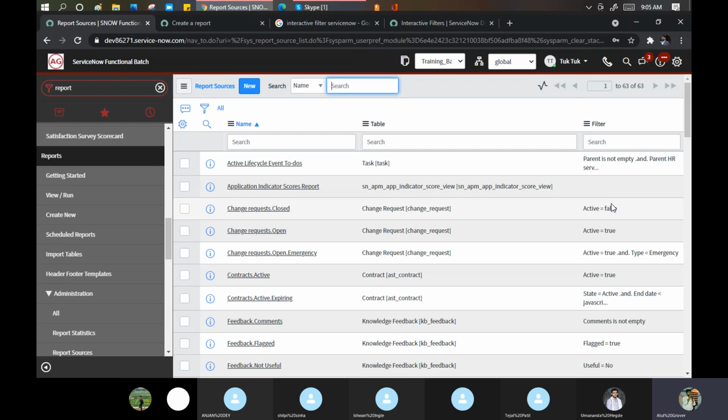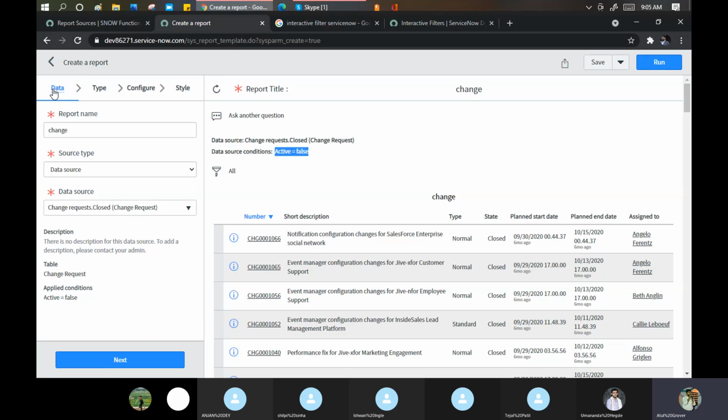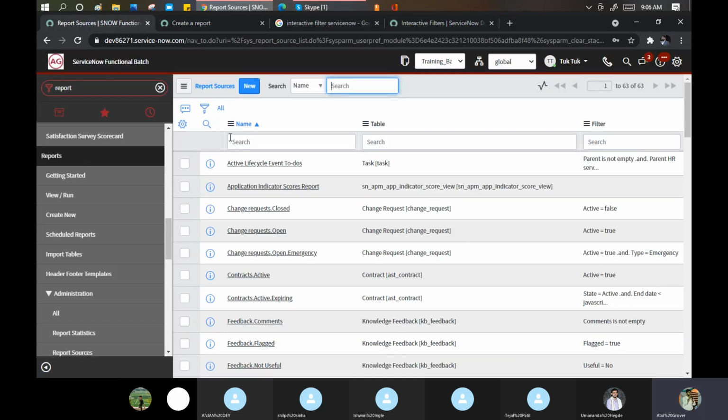Any number of times I switch on my phone, that setting will remain the same. That is coming from the data source. So a data source is just an inbuilt query with the conditions for what result you want to achieve through the report.